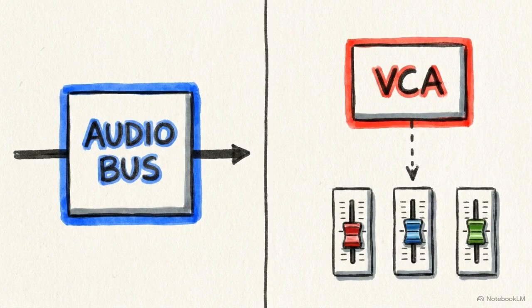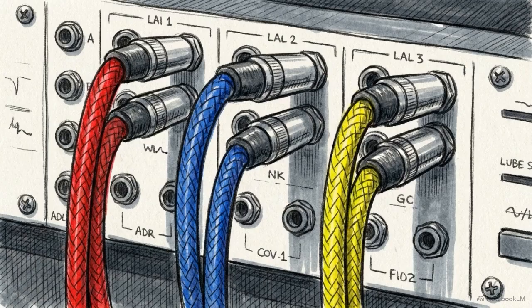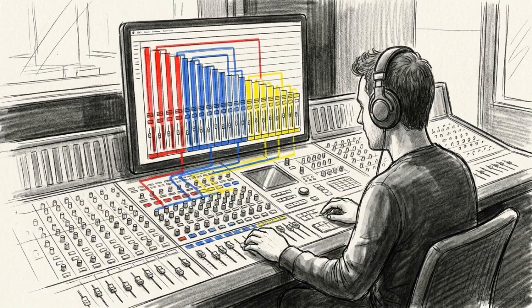Don't confuse a bus with a VCA or DCA. While a bus processes audio, a VCA is a remote control for your faders. It's used to smoothly adjust the volume of an entire band section without changing their individual tone. Mastering the distinct functions of tracks, buses, and sends transforms a tangled web of cables into a clear, manageable hierarchy